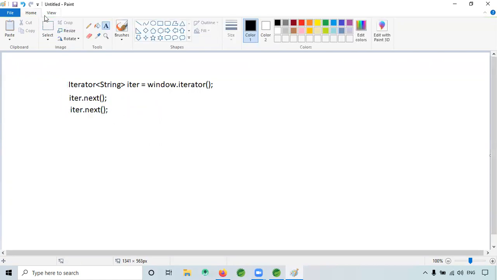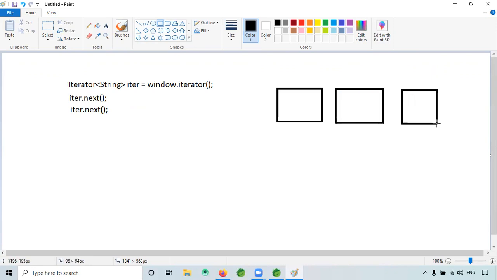Okay, so now see, imagine this is the current window, this is the tabbed window, and this is one more tabbed window like this. Here iter dot next I will save to some variable. Imagine this is the main window; this is for the current window.